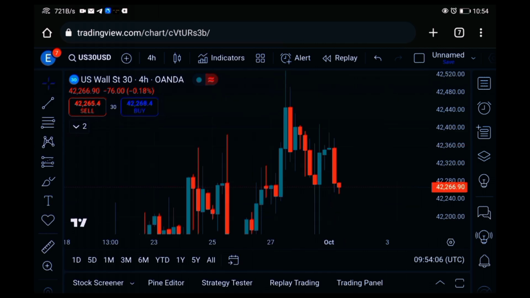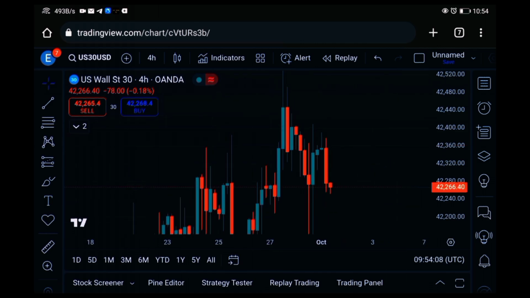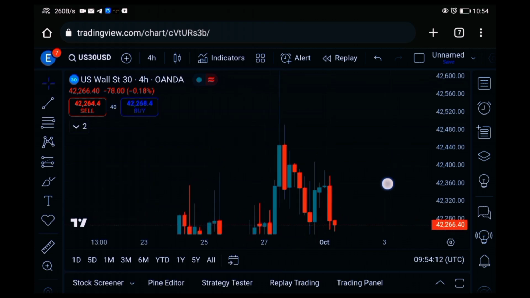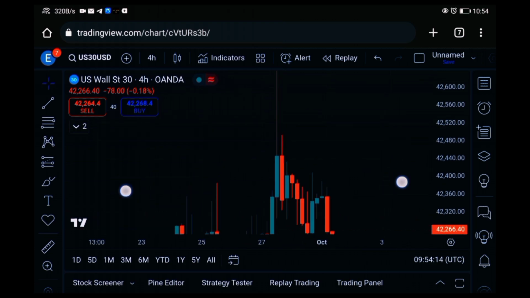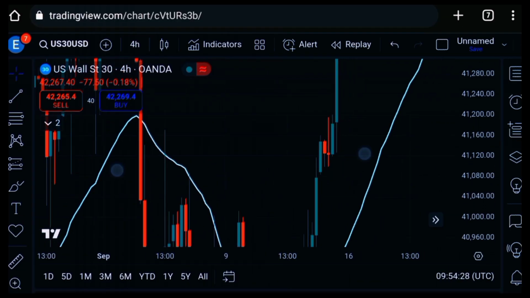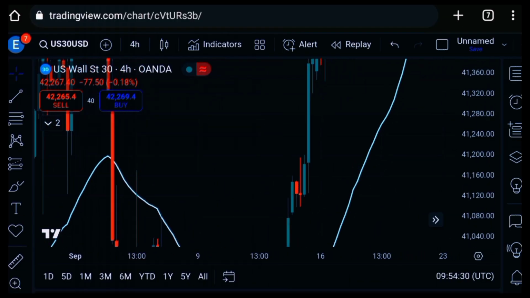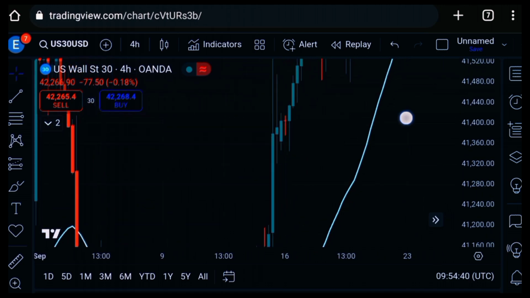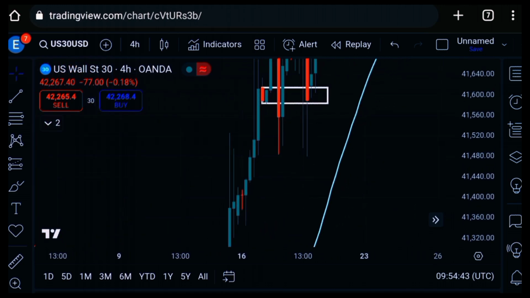Now, the only thing we have to do on this chart is take a buy trade. We are not selling, we are only taking buy trades. We use H4 to know if the market is above the moving average. If the market is above the moving average, you are to take a buy trade. How will you take a buy trade? How will you know when to enter the market,